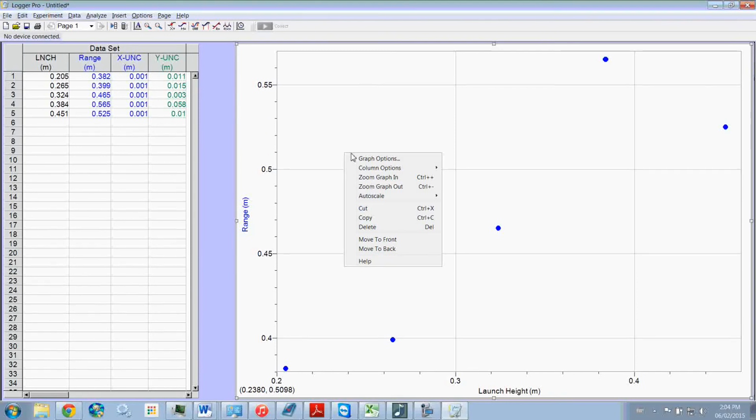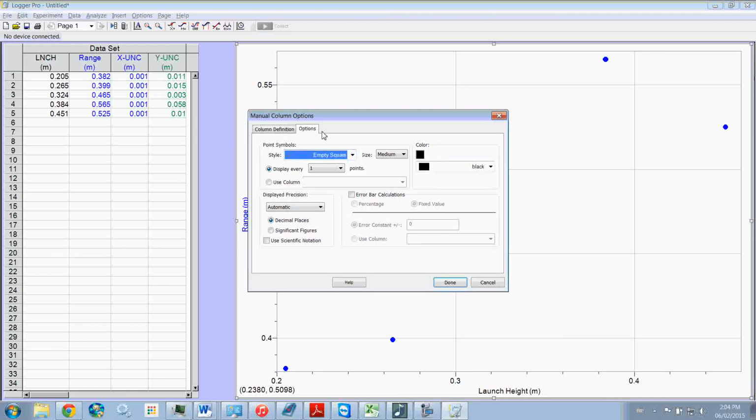So right-click anywhere on the graph, and instead of graph options, it's column options. So let's start with the x-axis. Okay, let's start with the launch height. If we click on the launch height, it's going to give us another window that allows